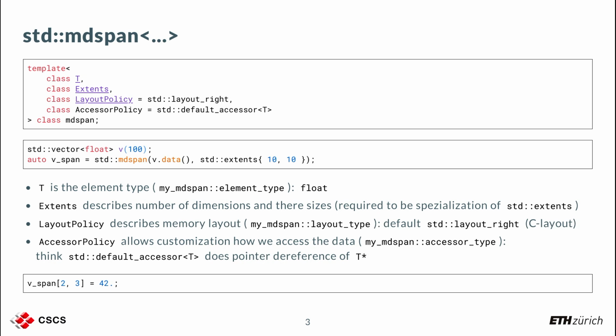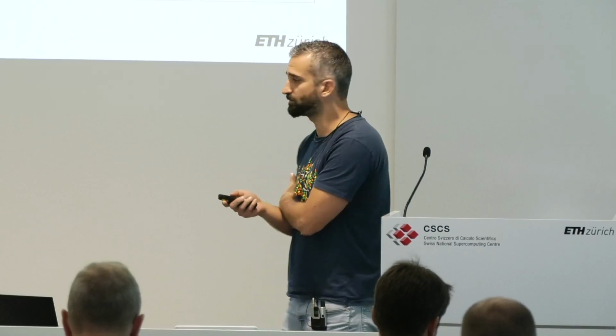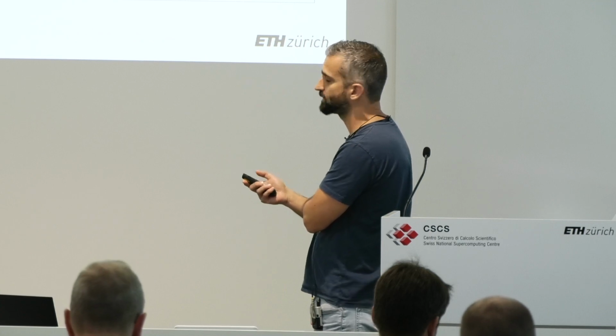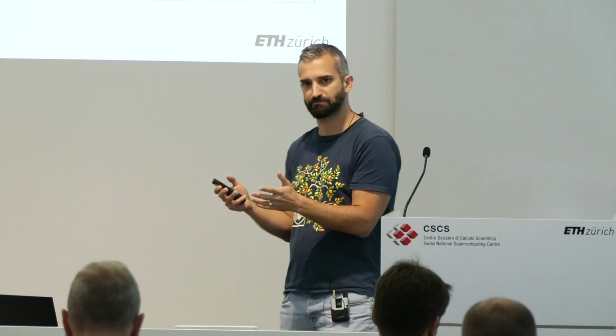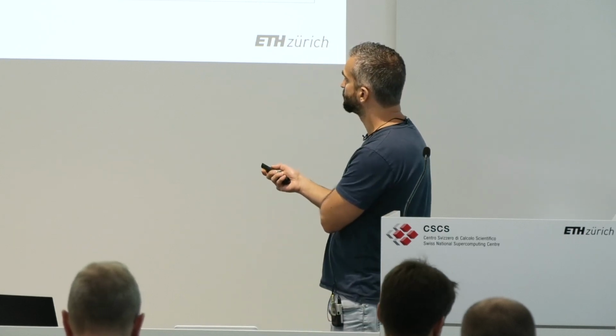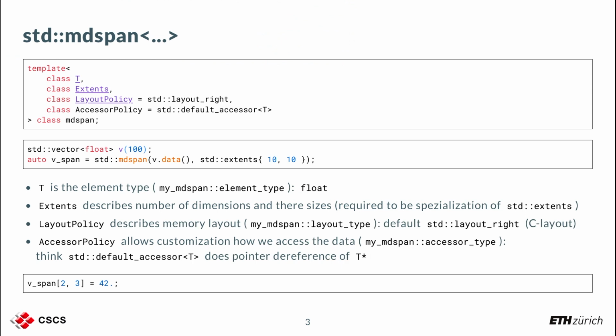Here, I said in the beginning it's non-owning, so it doesn't own data. So you have to get the data from somewhere. You have to allocate some data, and one way to do this is to use std::vector, because it gives you a continuous block of memory, right? So you allocate space for 100 floats, and then you can take out the pointer to the data with dot data, and you construct your mdspan by passing in the pointer to the data,